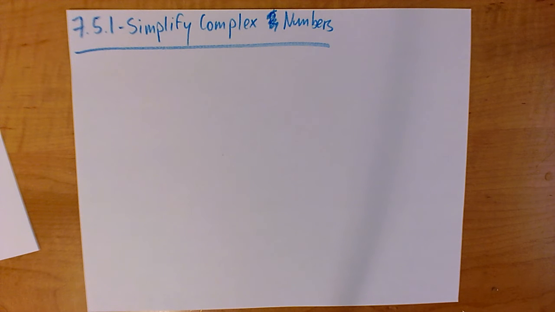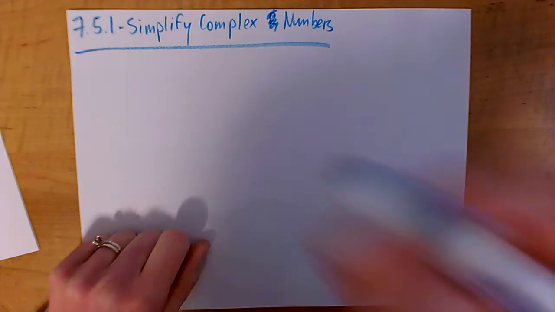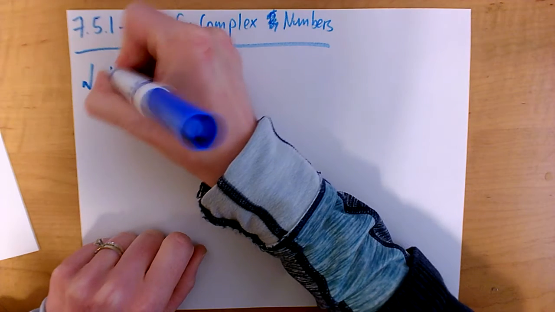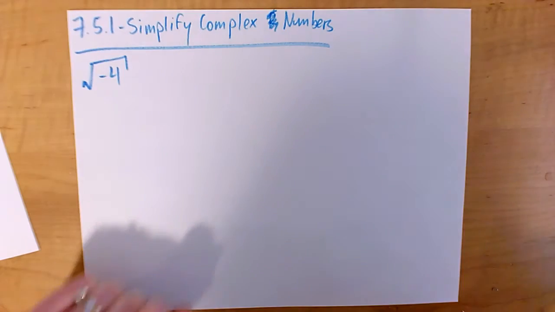Algebra 2. This is section 7.5.1, which is simplifying complex numbers. By the end of this, you should be able to simplify complex numbers and complex radical expressions. So a long time ago, we told you that if you got a problem like the square root of -4